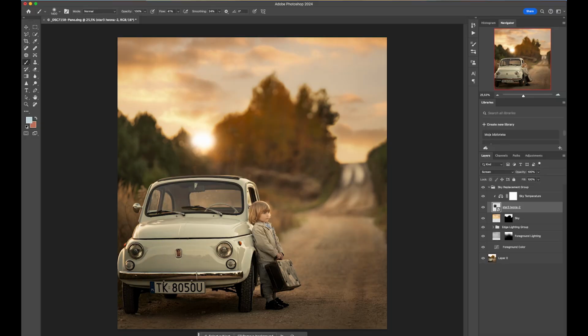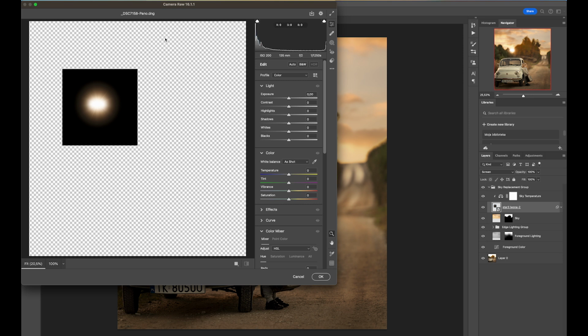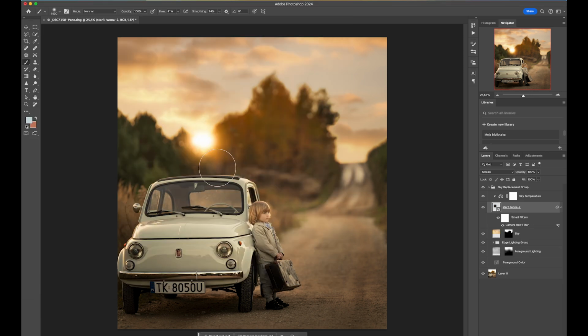So I go to Filter, Camera Raw, and I add some temperature to make it that really nice yellowish color. You can add some tint if you want to make it a little more pink yellow. And I can also go down with exposure to make it smaller or bigger. I think I'm gonna go a little lower, and that gives me that really nice warm shine just on the